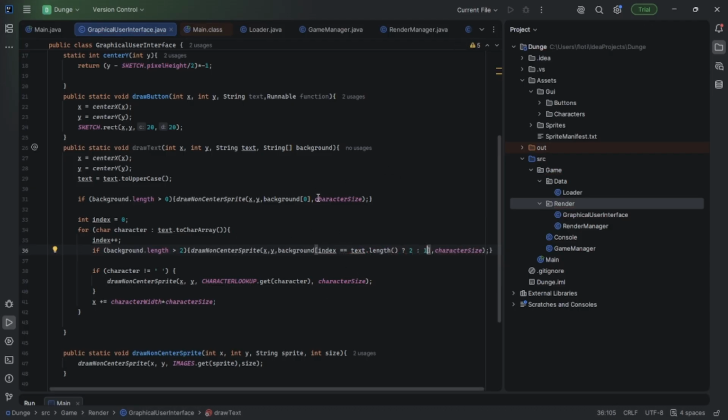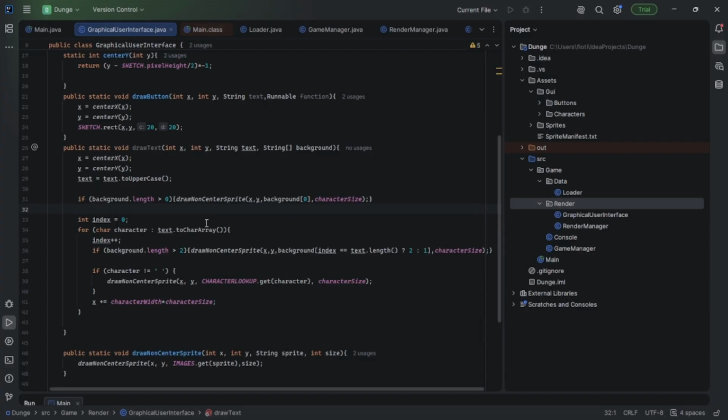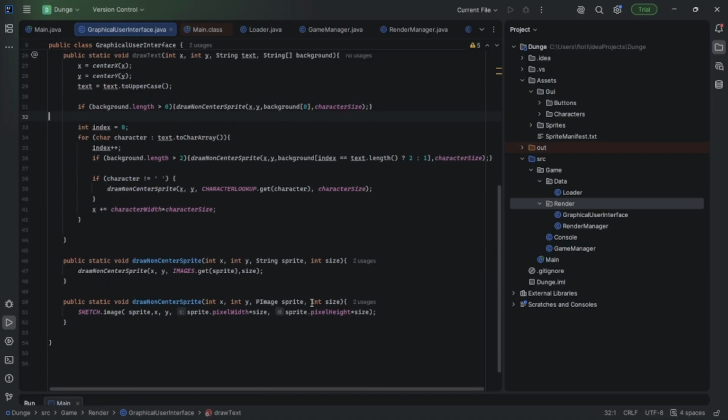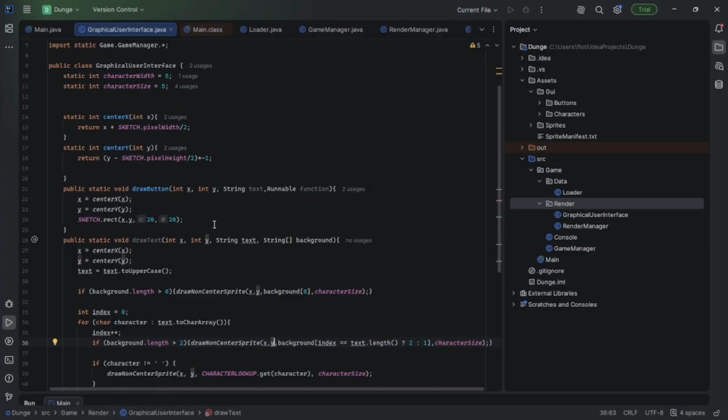All right, so if I'm correct, well, okay, if you look at this code and you're like, what the heck are you writing? Relax, it's my first time writing Java. I'm coming from C Sharp, right? So I'm not the best coder. But yeah, let's see. And now in draw button, all I have to do is say